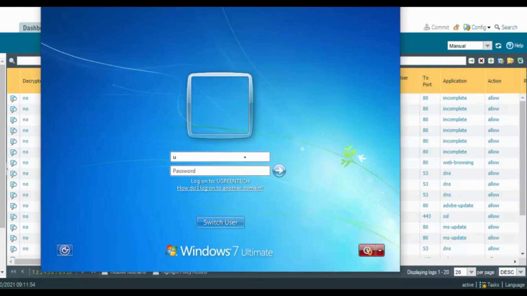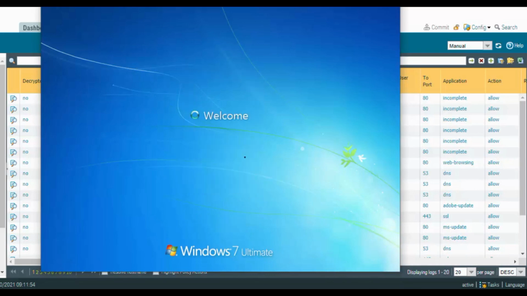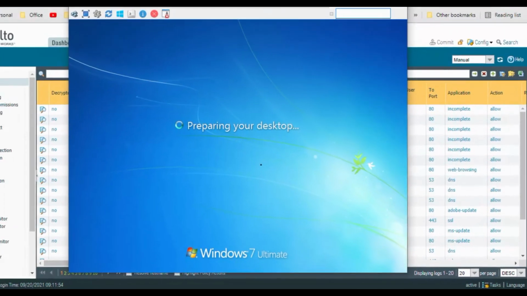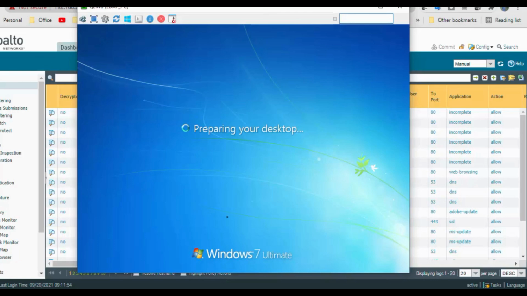So I will log in with ugreen-tech.local slash sales1, sales2, and use the password admin@123, and it's preparing the desktop. So it means that we are able to log in.